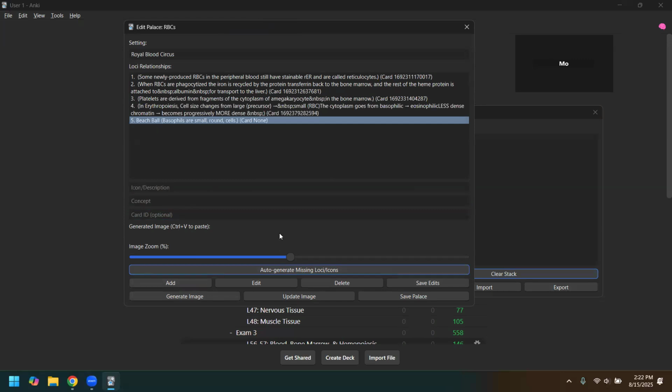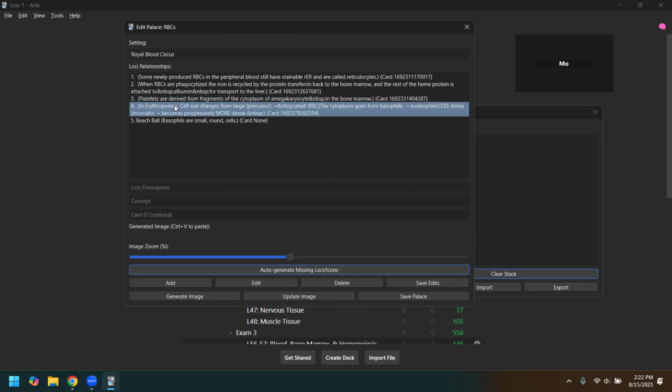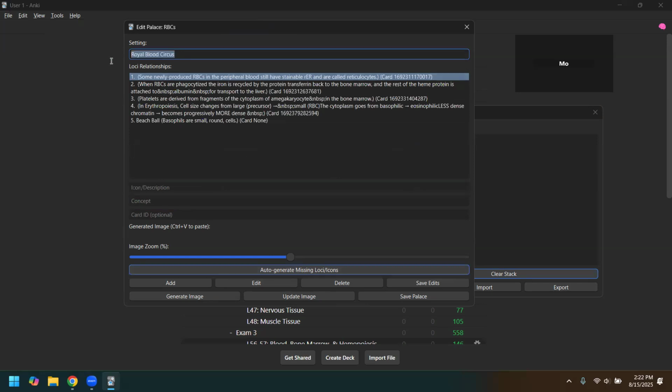Okay. So we have all our information that we want, but we're having some trouble thinking of symbols. Here's where you can use AI a little bit to help you out. So the first thing we're going to do is this auto generate missing loci icons button. So essentially, everything that doesn't have a symbol, this button will generate a symbol for it by asking AI what it thinks based on the setting that we've provided. So if I click on it,